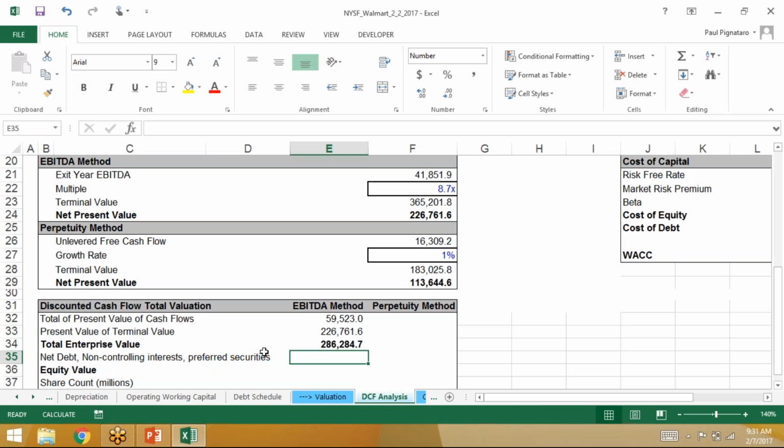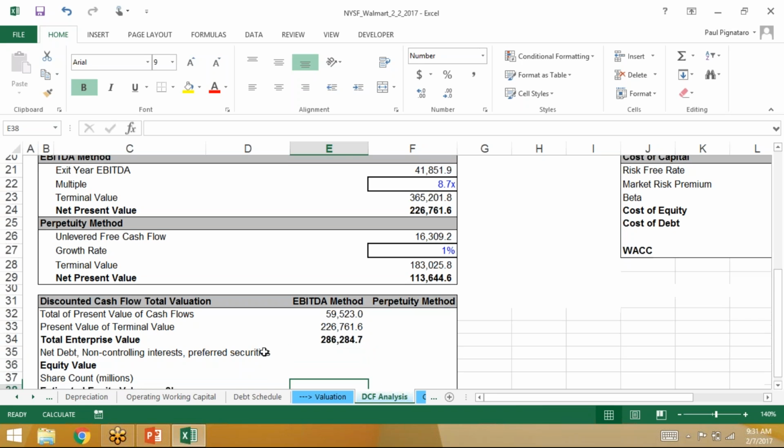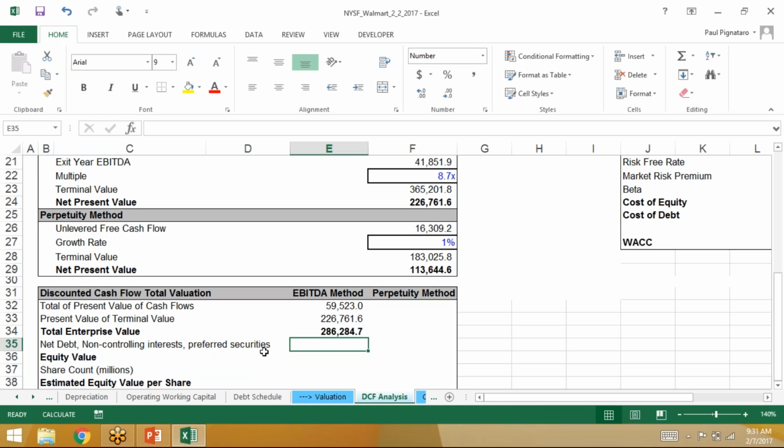Because this is based on unlevered cash flow. It's unlevered. It's before debt. Enterprise value is an unlevered metric, unlevered free cash flow. If you took cash flow and discounted it, and cash flow includes financing activities after equity, after debt, then that's a market value. This is unlevered. This is before debt. So that gives us enterprise value, and we can build from enterprise value into equity value, into an estimated stock price